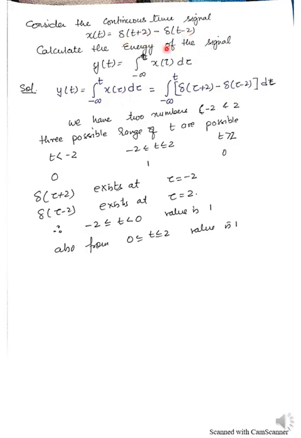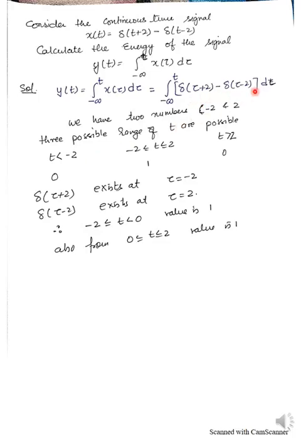So when you are putting this, you have to change the variable in this x(t) to x(tau). So the question changes now to this form. If you see, we have only two numbers given in this question. One is minus 2 and another one is 2. So this part will be defined at tau equals minus 2, and this will be defined at tau equals 2. So we have two numbers, so we can have only three possible ranges of t, which is t less than minus 2, from minus 2 to 2, and t greater than 2.